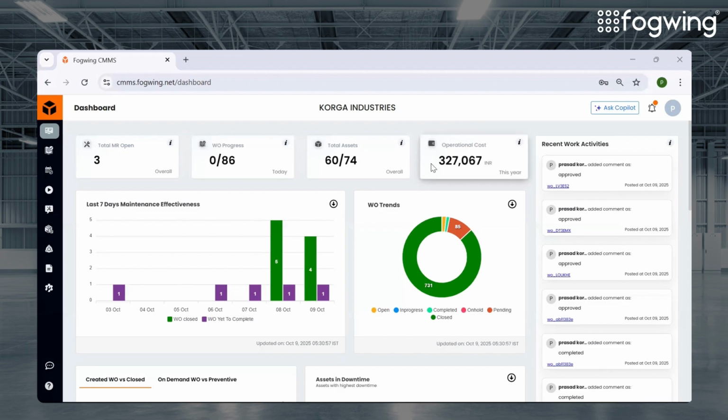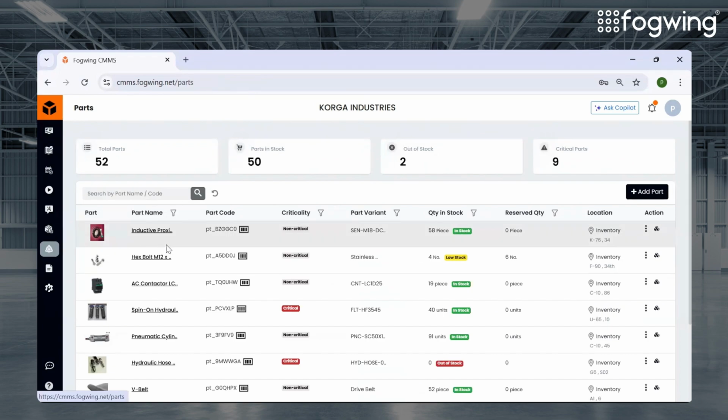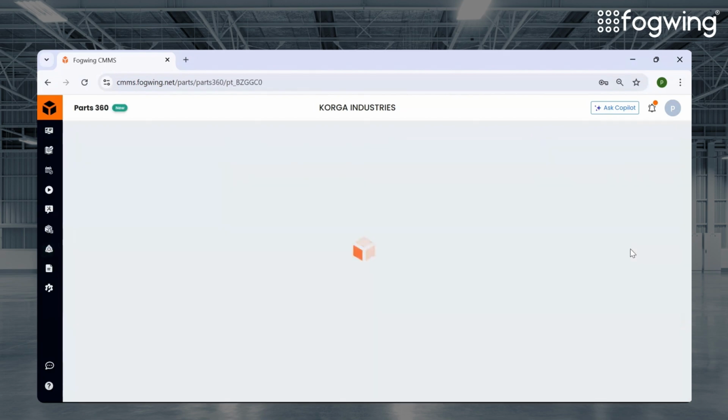So let us now navigate to Part 360, and see how you can access Part 360 from the parts module. From the left menu item, you can directly click on the parts section here. Once you are in the parts section, you'll be able to see all the parts in this dashboard. On the right hand side, you can see three dots below the action column. You can access Part 360 as the first option here. Once you click on Part 360,